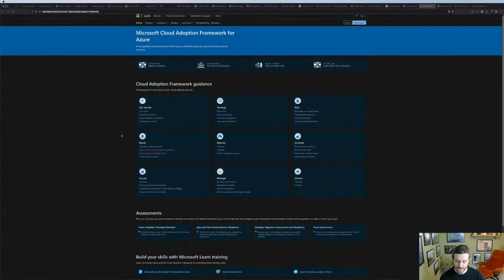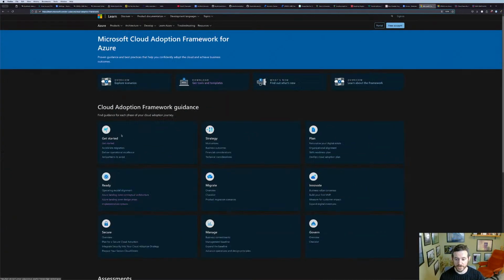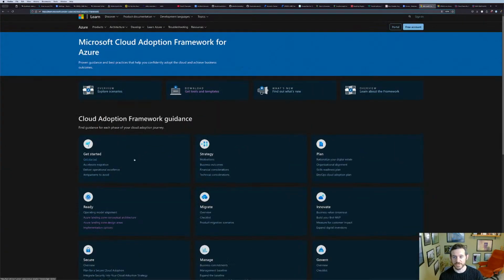So hopefully everyone can see my browser, and I'm going to make this screen a bit bigger so that everyone can see it. We're going to start with Microsoft because that's currently where I spend most of my day. And we're going to look at the Cloud Adoption Framework.